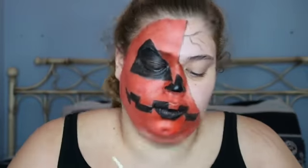I will say that these pot paints are not easy to set. I'm not sure why they're not as easy to set as the stick ones. Maybe they have more oils in them or something, but I have a really hard time setting them. I don't know if these would be good to walk around in, like if you're doing face paint. It definitely wouldn't be good for a kid, like if you're painting a kid's face. But anyway,